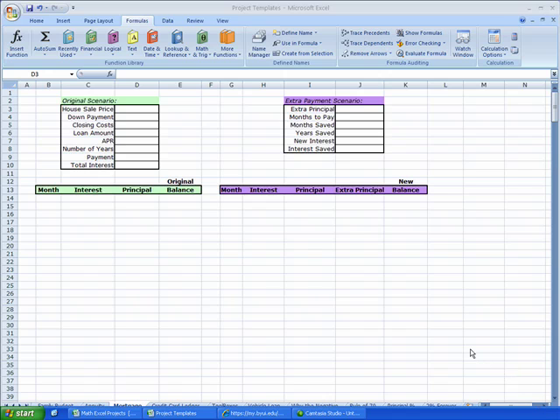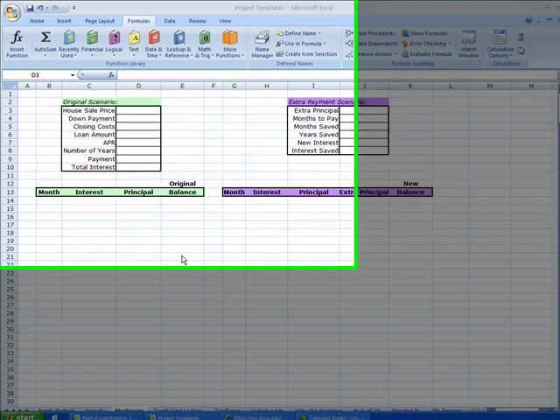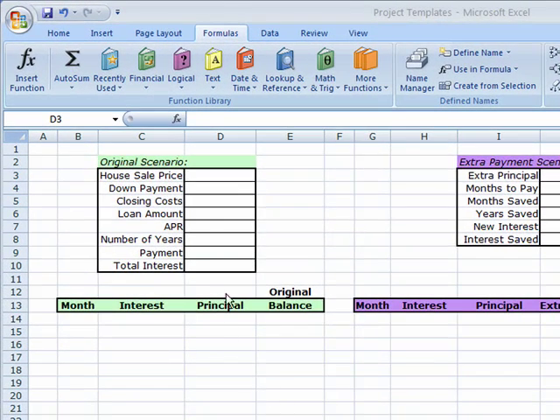Hello and welcome to the amortization mortgage spreadsheet tutorial. We'll be discovering how we can do a simple amortization of a home mortgage based on a fixed APR through the Excel spreadsheet. So if you refer to your project task sheet, you'll find out that our house sale price